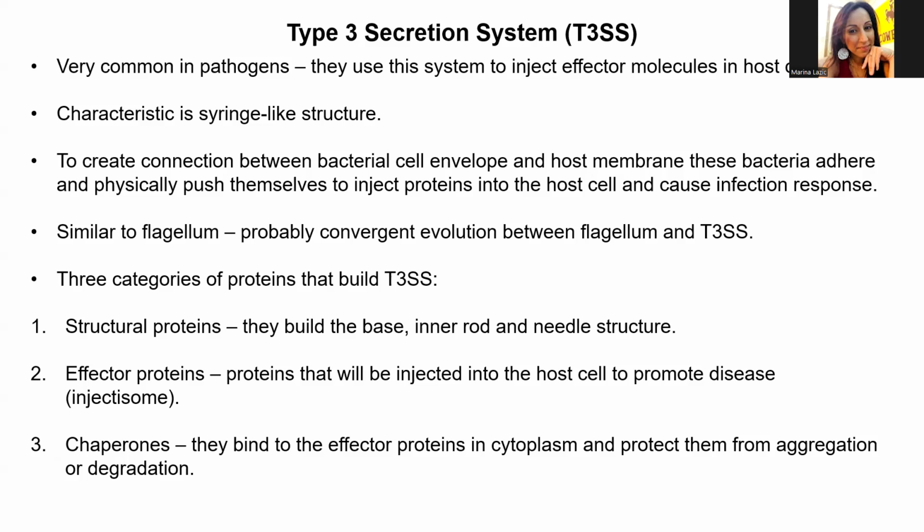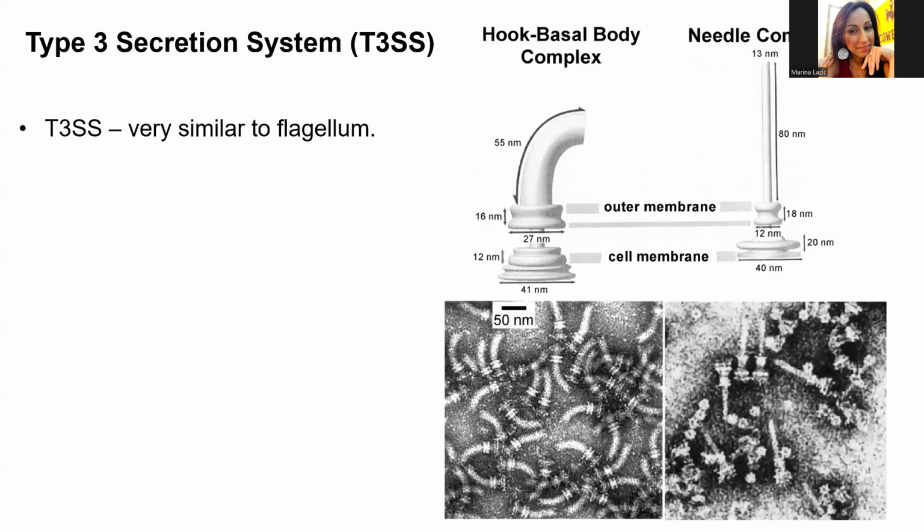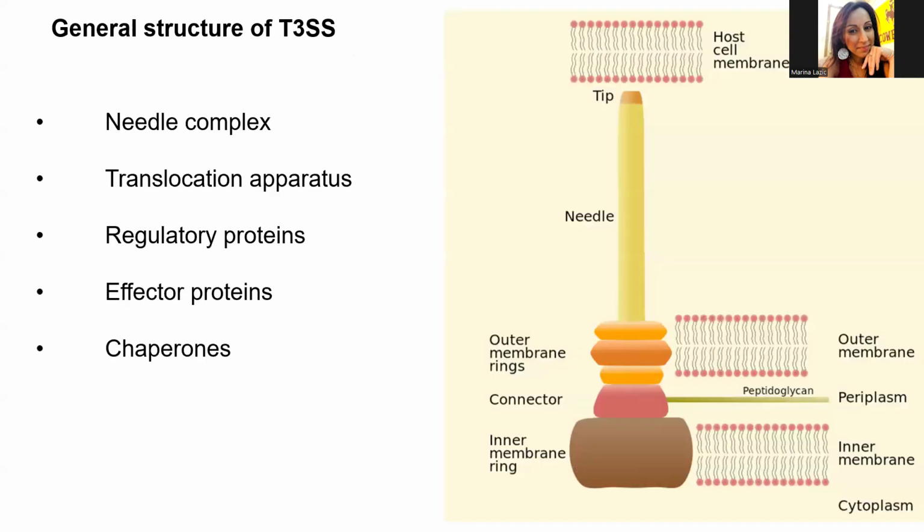General structure of type three complex. So as you can see, it really reminds of flagellum, but the needle is something that is not like in flagellum. So that needle is actually a very big landmark for this type of secretion system. And again, obviously,